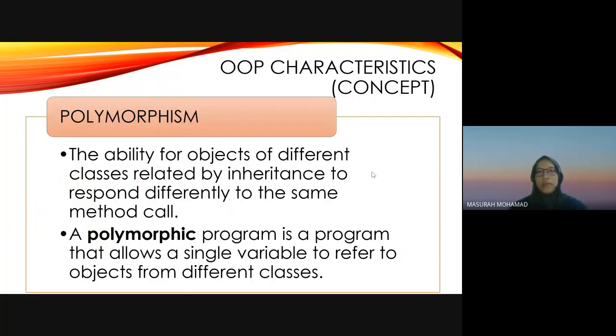Okay, all right. So the last characteristic of OOP is also known as polymorphism. Actually, this concept of polymorphism is the ability for the objects of different classes related by inheritance to respond differently to the same method called. It means when you call one method or behavior, that method can represent different kinds of values, different kinds of